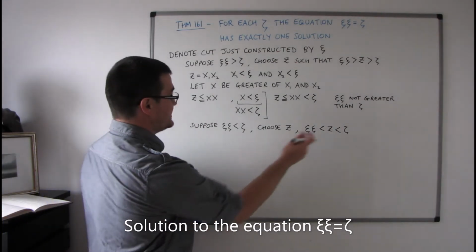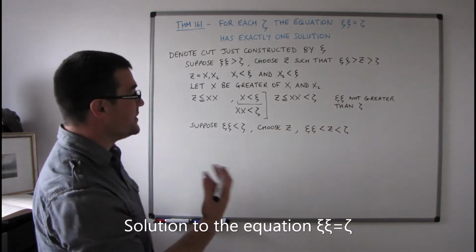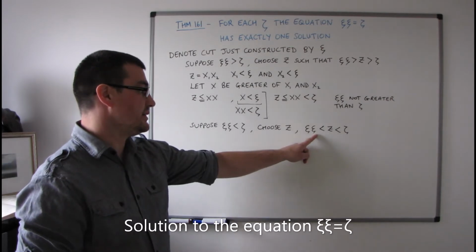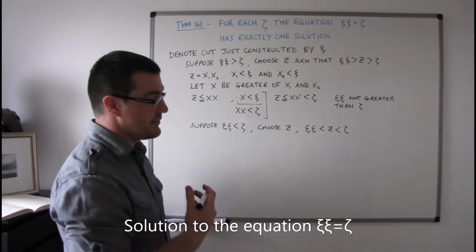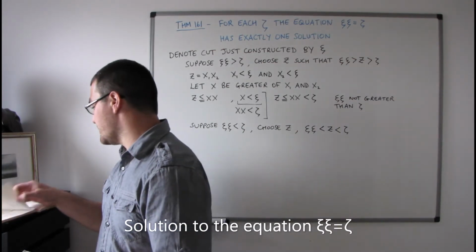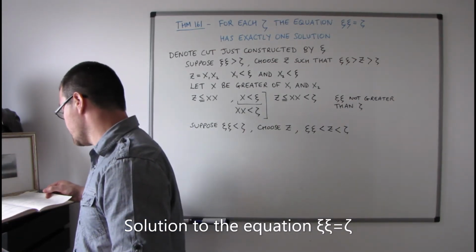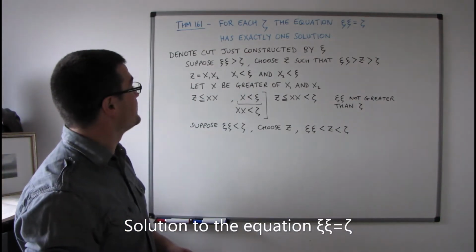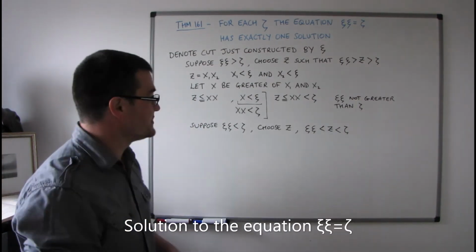Then that means that z is an upper number for xi times xi. So I think it was theorem, let me just check actually, theorem 159 maybe. Sorry, theorem 160. Theorem 160, yeah, theorem 160